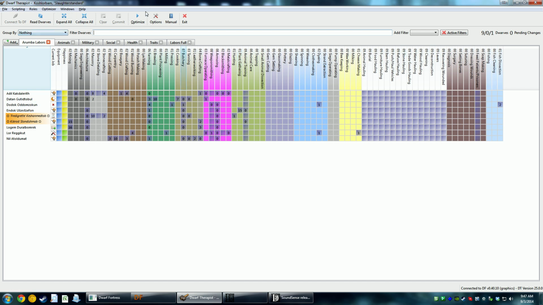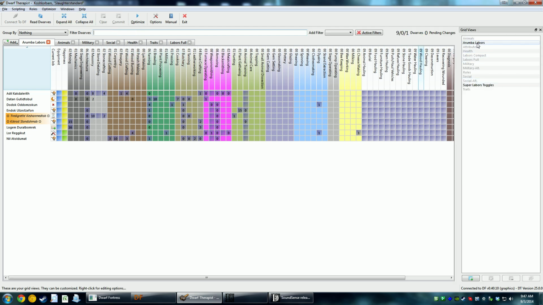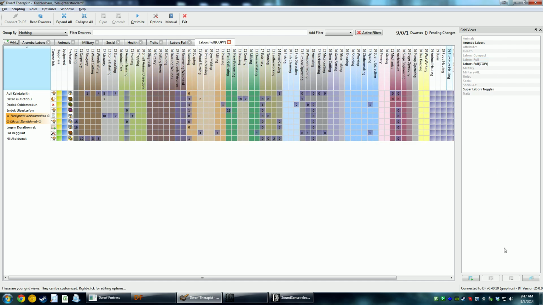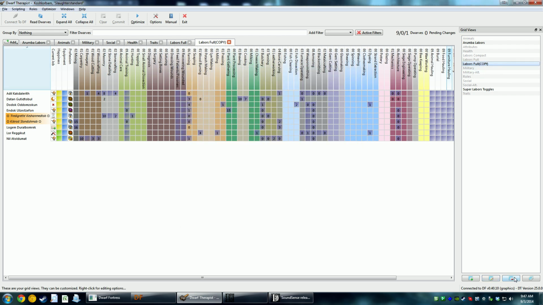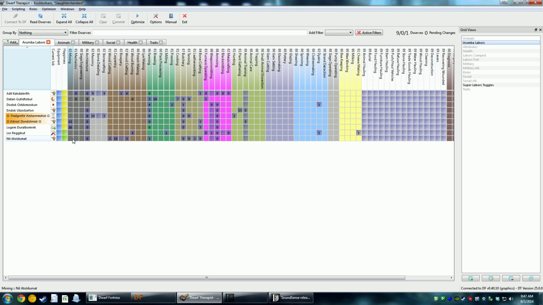To do that, if you're curious on how to actually make that happen, you've got to have your grid views opened. And then what you do is you pick one, like say labor's full, right-click, copy. That'll create a copy of it, and then you can go here, you select labor's full copy, and then you go to edit, and then you can change it all around and regroup things and stuff like that. Now you might be wondering, well, what's the point? Why do you want to regroup them? Well, the primary benefit for me is that when you right-click on a group, you can toggle a whole group at a time,